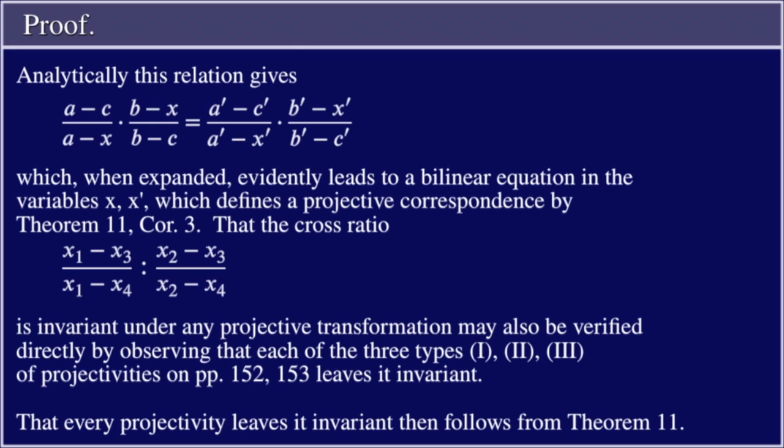Proof. Analytically, this relation gives [(A - C)/(A - X)] / [(B - C)/(B - X)] = [(A' - C')/(A' - X')] / [(B' - C')/(B' - X')], which, when expanded, evidently leads to a bilinear equation in the variables x and x', which defines a projective correspondence by Theorem 11, Corollary 3. That the cross ratio, [(x1 - x3)/(x1 - x4)] / [(x2 - x3)/(x2 - x4)],